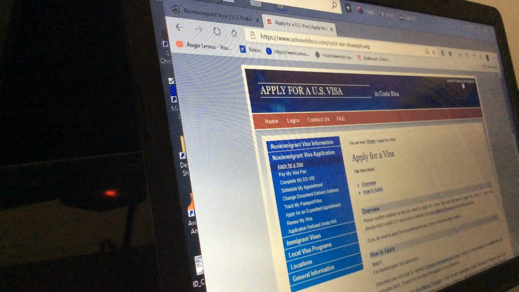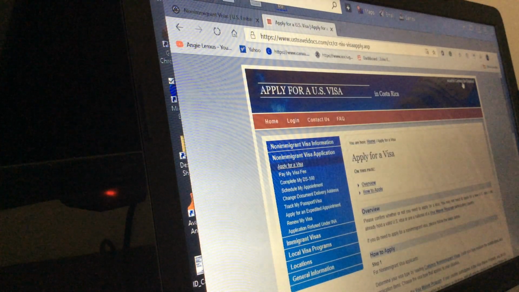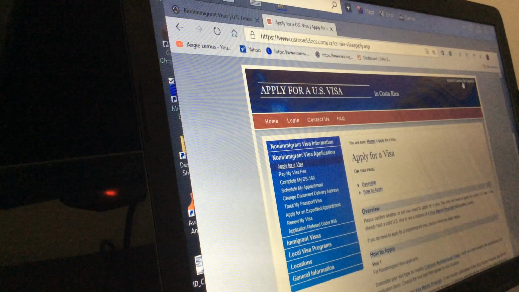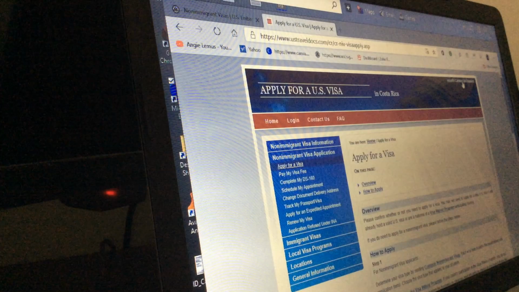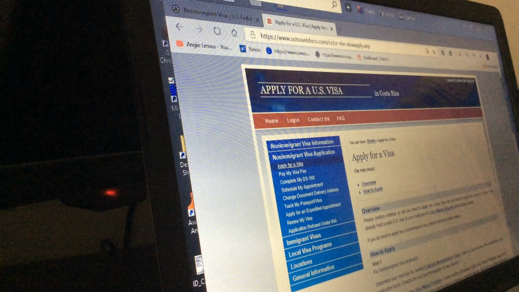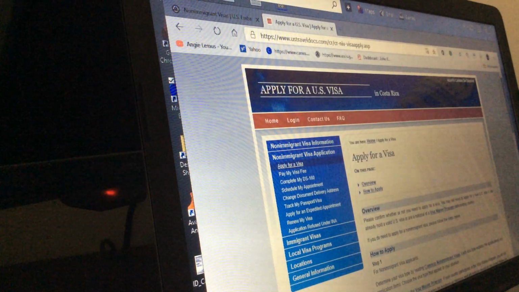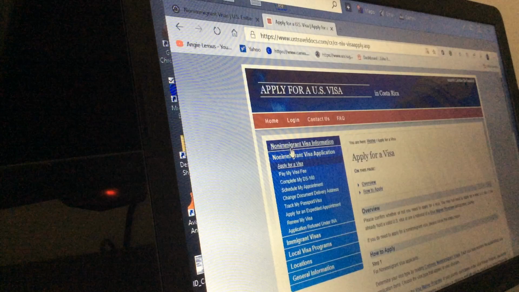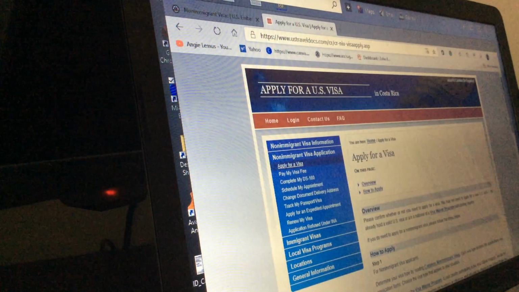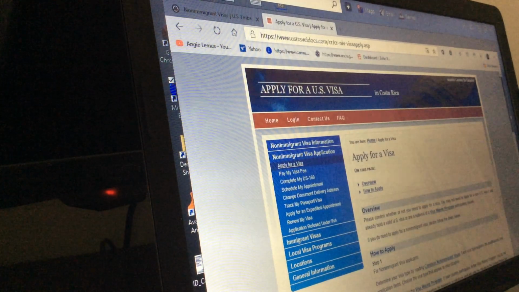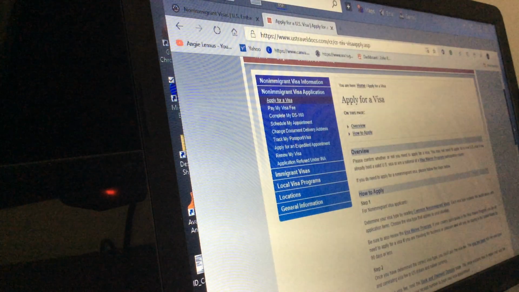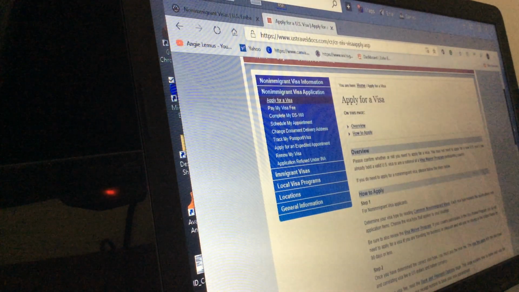a visa, tourist visa, and we're gonna fill out the form DS-160, okay? And this is the website to apply in Costa Rica, okay? So, let's check around and see what we have. So, no immigrant visa information. This is the whole information we need to have on our hands to be allowed to fill out an application, okay, guys? So, you gotta review everything,